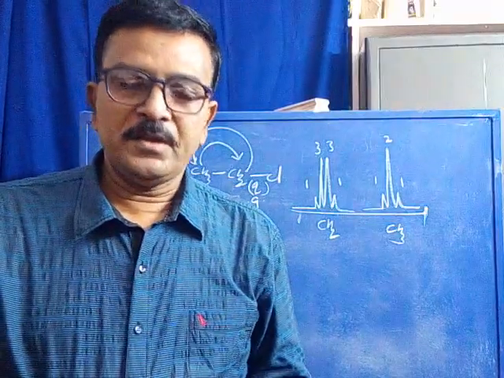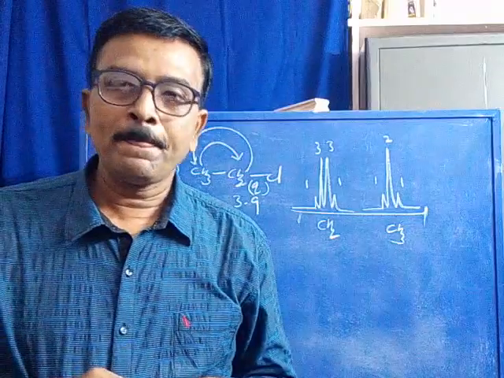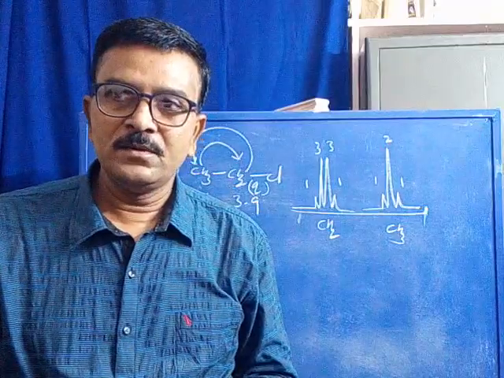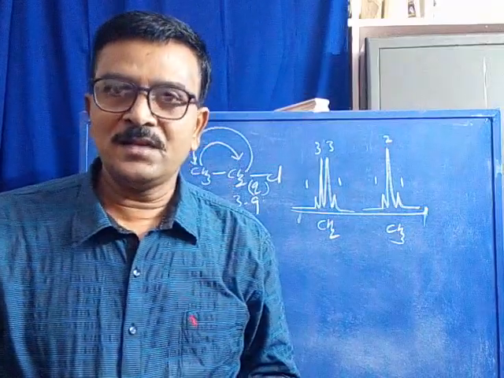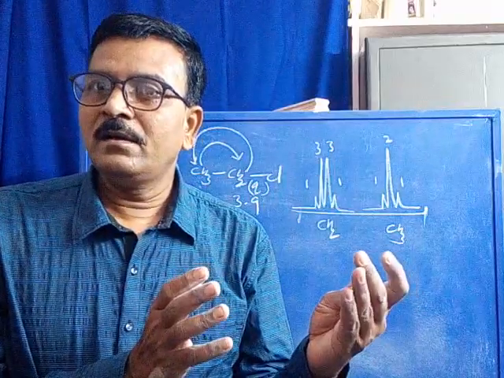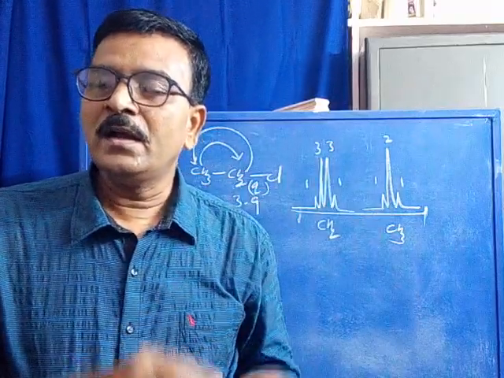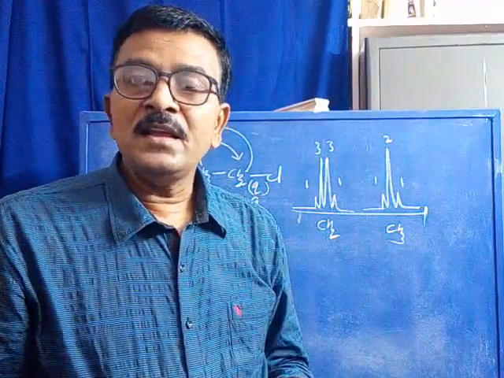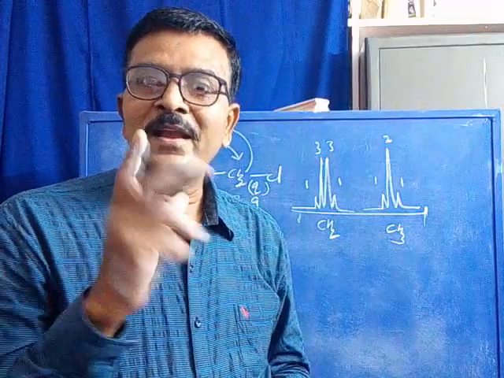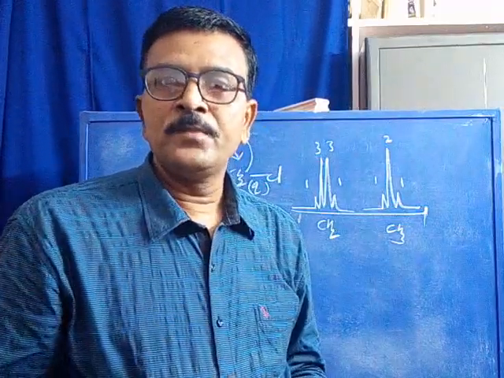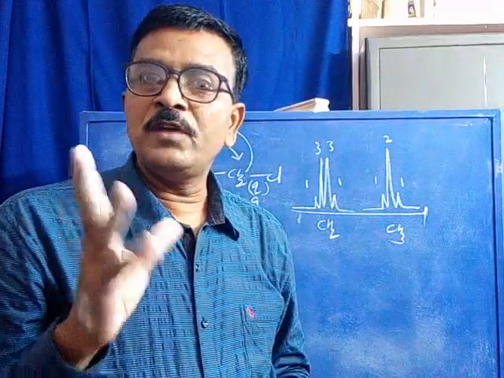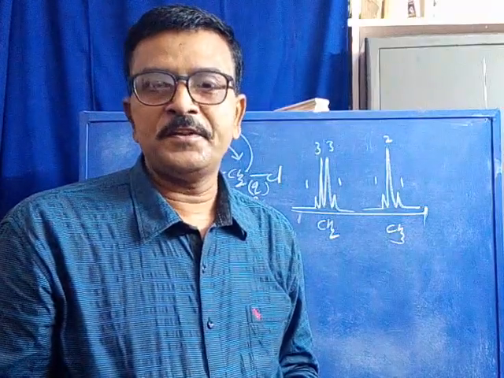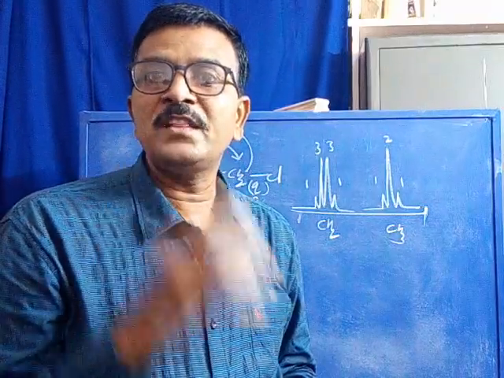Now coming to the other topic. Let us study what the n+1 rule is and what the Pascal triangle is. Why do the spin coupled proton signals appear exactly like a doublet, a triplet, a quartet, or a quintet? And why is the line intensity for a doublet 1:1, for a triplet 1:2:1, 1:3:3:1 for a quartet, and 1:4:6:4:1 for a quintet? That explains the theory of spin-spin coupling.